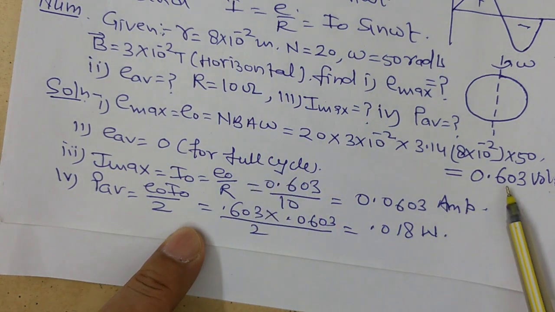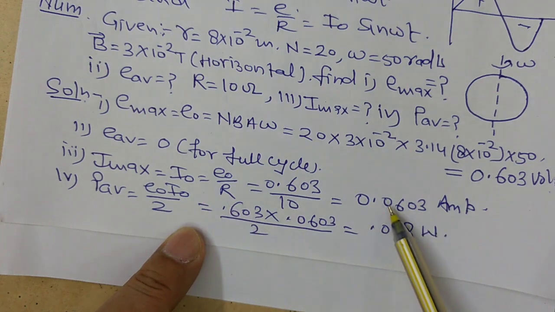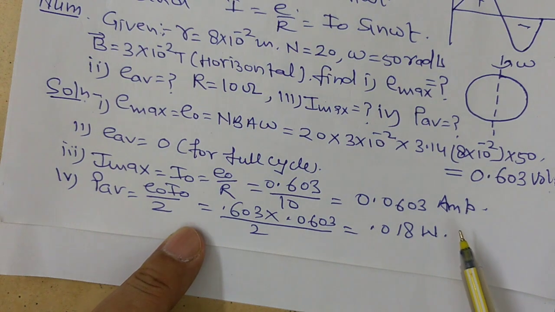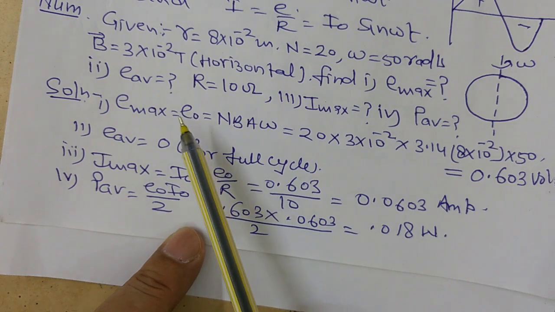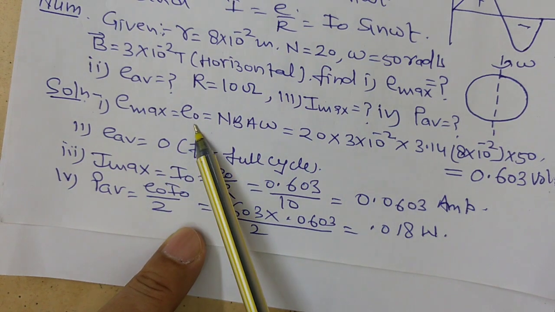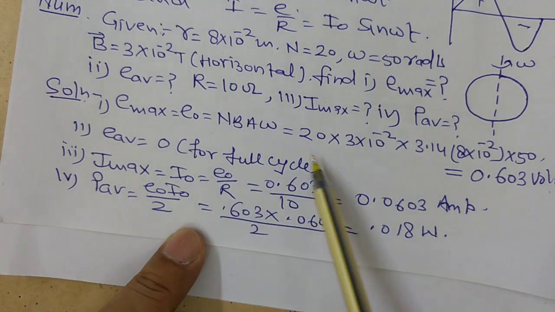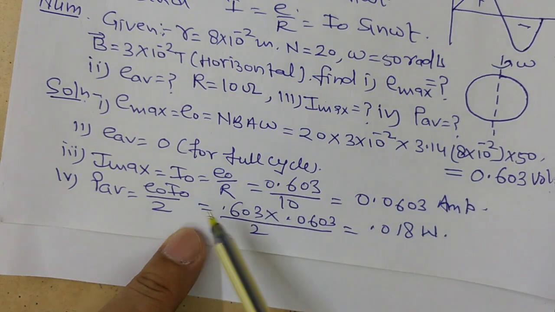E naught is equal to 0.603 and I naught is equal to 0.0603, divided by 2. Then on solving, this is 0.018 watt. So in this way, in this numerical we calculated the average power. This is not maximum power, this is maximum EMF, and then average EMF for one complete cycle, and then maximum current in the coil, and then average power or